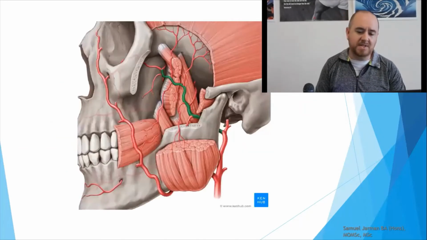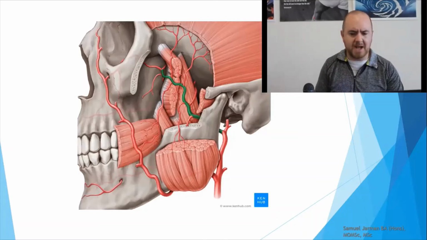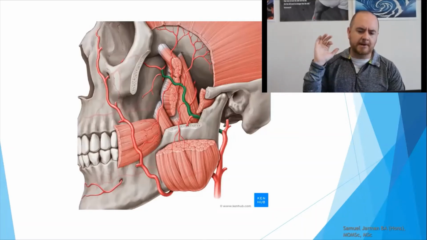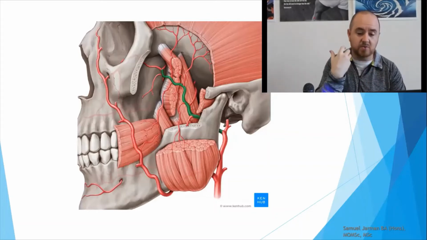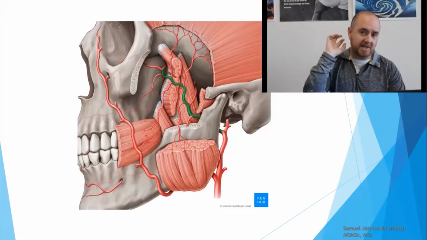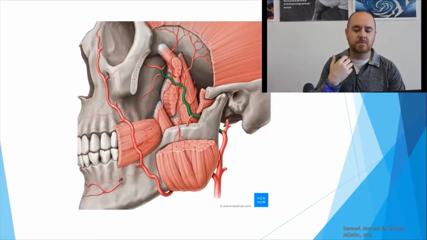Now, as far as the artery is concerned, you're again considering the external carotid artery and then sending off the maxillary branches. Or yeah, it's the maxillary artery, or the internal maxillary artery, then sending off branches to these particular muscles. But then again, that is sneaking behind the mandible, or deep, so medial to the mandible, to